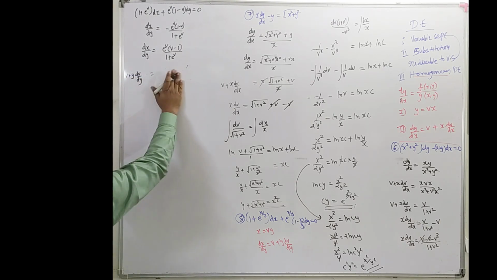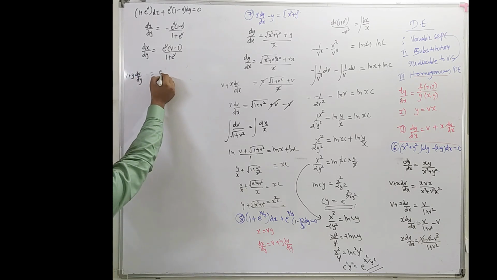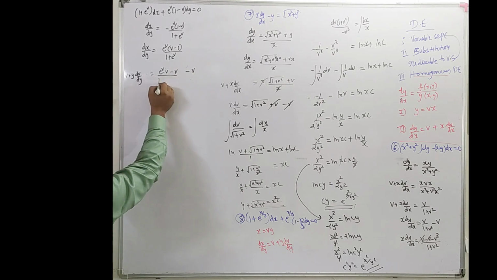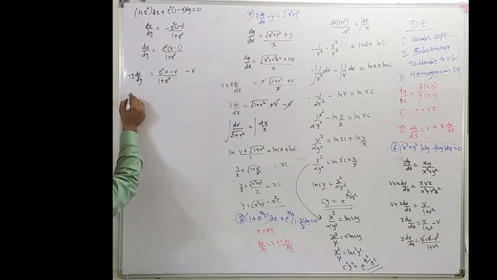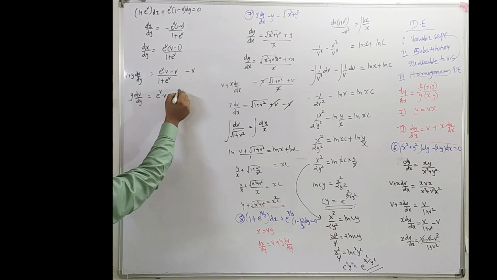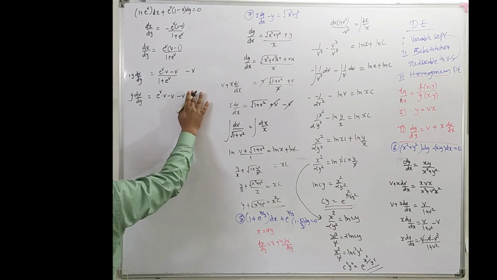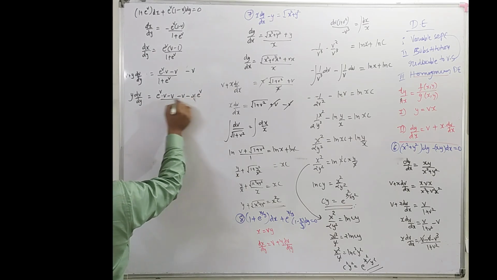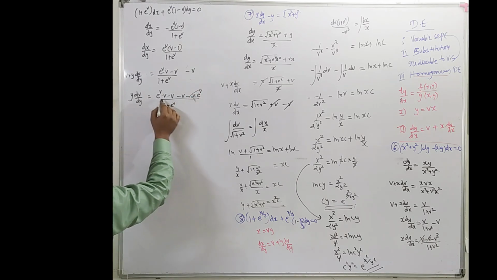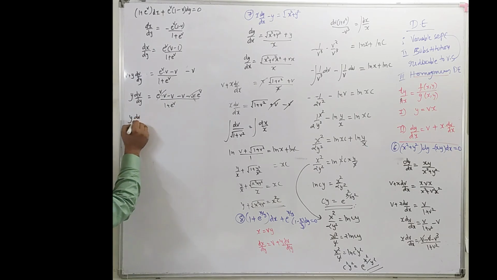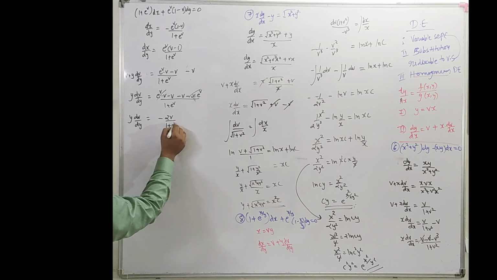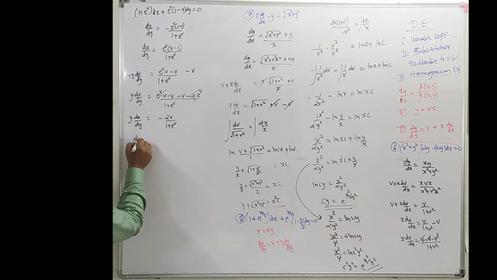So take out minus, take minus v on the other side, y dv by dy will be ev dot v minus v minus v minus v dot e to the power v. So here this part and this part gets cancelled, would be minus 2v by 1 plus e to the power v. So rearranging it,